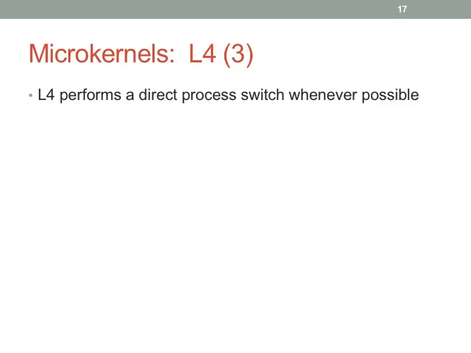Well, if I know that I am now becoming blocked, I had the CPU, and I just became blocked because now I'm waiting for a message to show up, and the receiver that I'm sending to just became unblocked, well, why don't I just switch to the receiver and let them start running on the CPU? I haven't had to call the scheduler. I haven't had to ask it, hey, what process should run? I haven't had to do any of that. Okay, so that's a direct process switch.